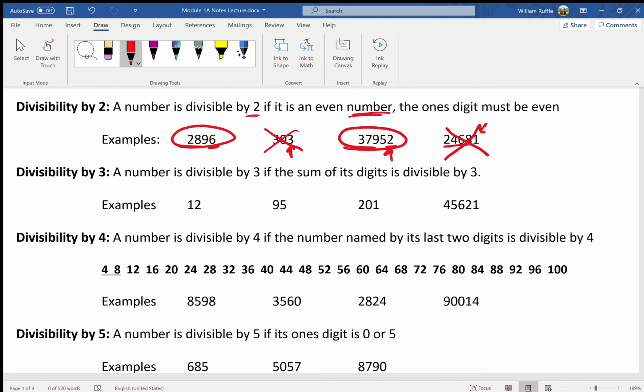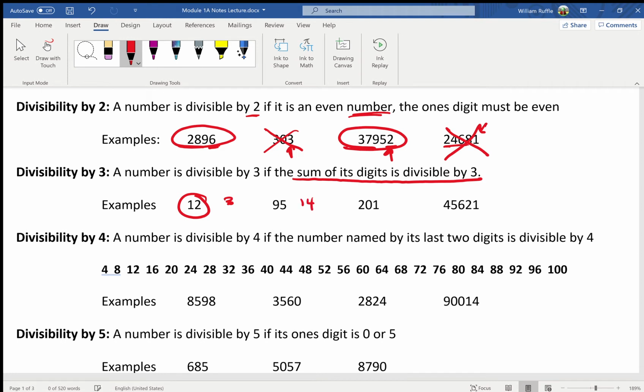3. This is the one where you add up the digits. The sum of its digits is divisible by 3. 1 plus 2 is 3. 3 goes into 3, so 12 is divisible by 3. Now that one, again, you can just look on the chart. It's super easy. But once we start getting bigger, as you see to the right, now 9 plus 5 is